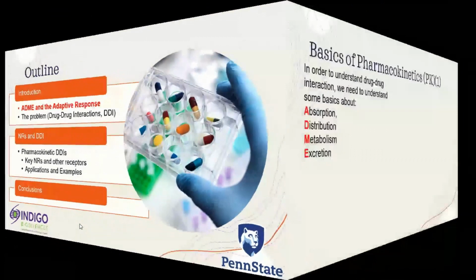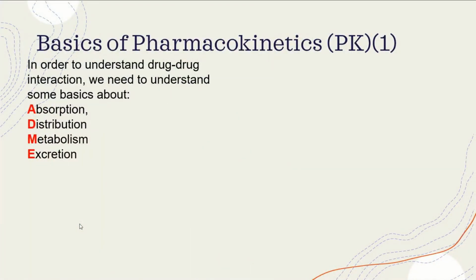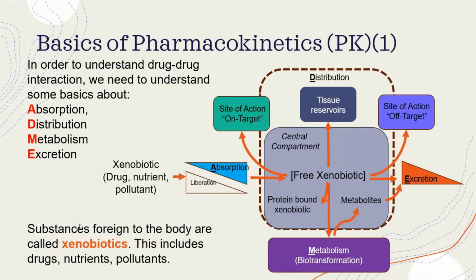So let's start with the basics of pharmacokinetics. And in order to understand how a chemical is going to be processed, looking at things like half-life and effective concentration, we have to look at ADME, or absorption, distribution, metabolism, and excretion. And when we're talking about this, we're going to be talking about xenobiotics. So these are any chemical that is foreign to that organism. So we tend to think of this as a drug, a nutrient, a pollutant,